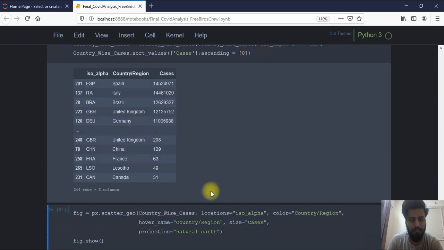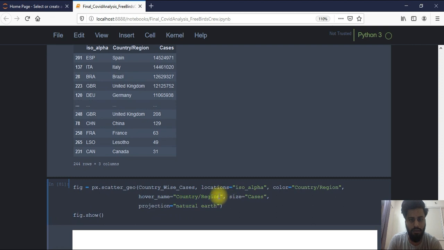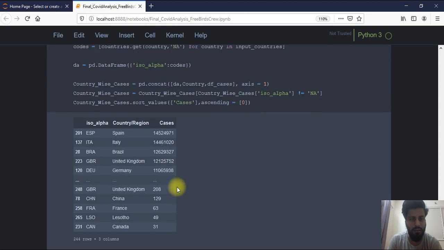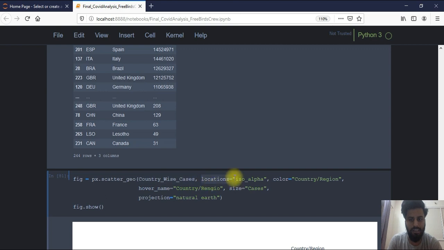So now I just have to make a plot. This plot is the globe plot. It's like the whole globe. We can mark all the countries here. With the help of px, which is again a plotly function, I can make a geographical plot, and I can use this data frame, country-wise cases, and locations is the ISO alpha.